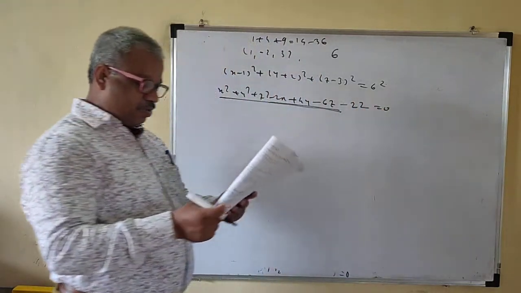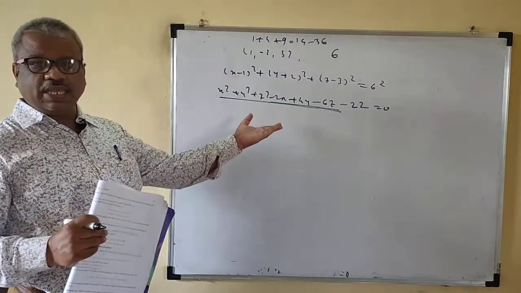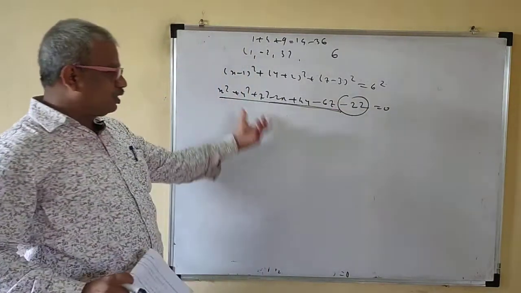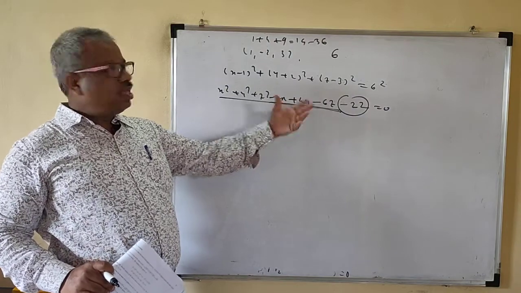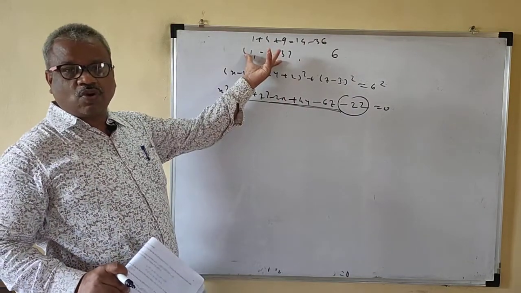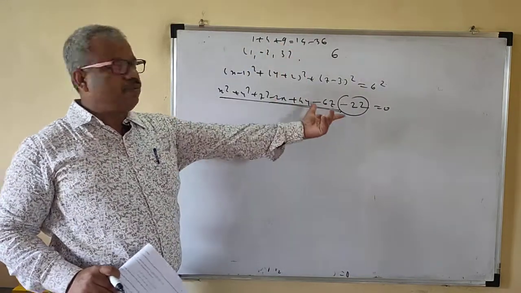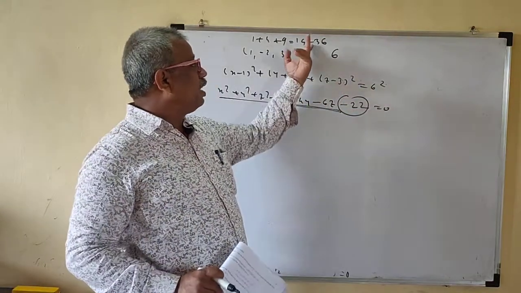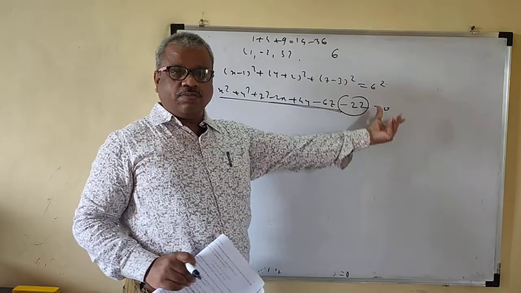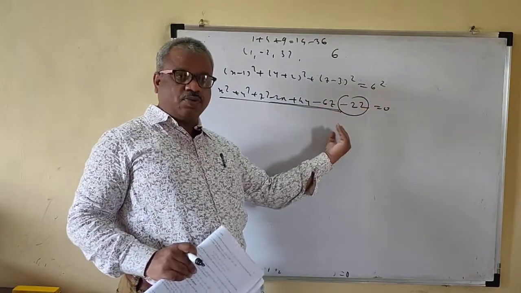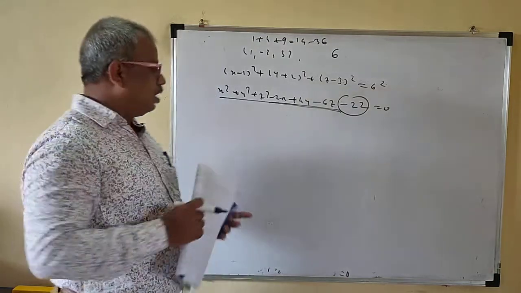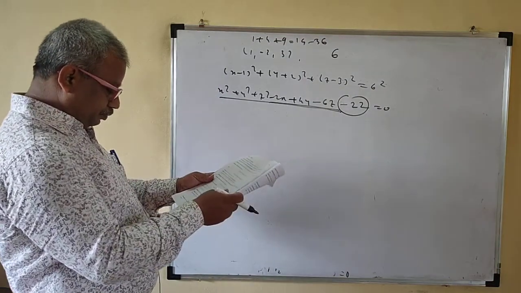Okay. This is your required equation of the sphere. Easily you can do this one. If all the options are like this, just take the sum of the squares of the coordinates and subtract the radius square. That will be your constant. If 22 is there or here, it doesn't matter. So minus 22 is the constant if you take it to the left side. Only you have to collect the constant. Easily you can do this one.